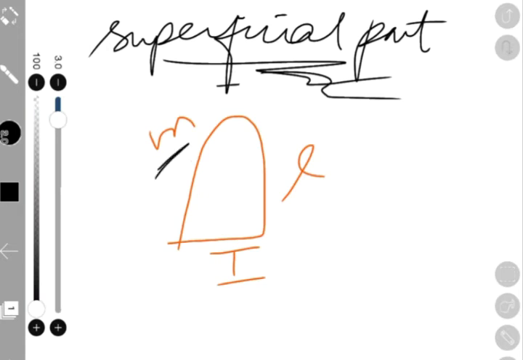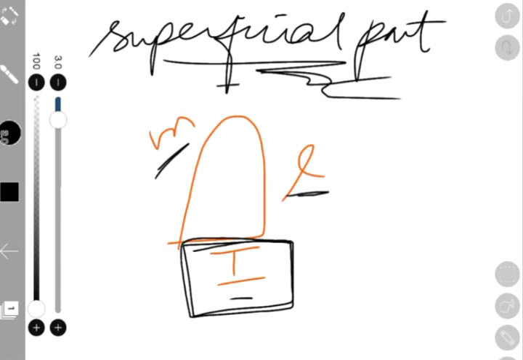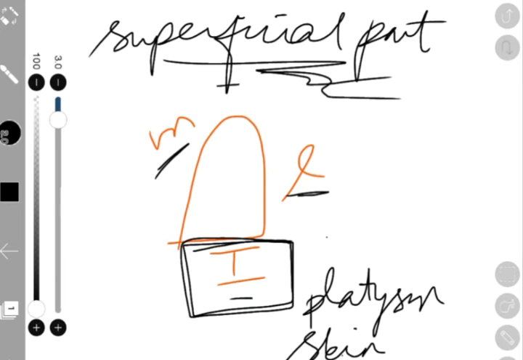This is your medial surface, lateral surface and inferior surface. We will see in detail the relations of each surface. First we will take the inferior surface. From superficial to deep, it is covered by skin, next the platysma, which is a muscle, and you will have the cervical branch of the facial nerve,